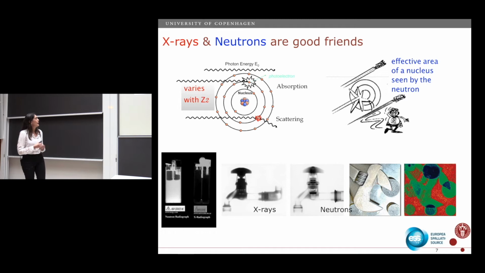So then, if we put that in an image, it means that if I do an X-ray radiography, what I am going to see better is the metallic part in all the systems that I'm showing you here. While when we have the neutron radiography, what we are going to see is the lighter elements, right? And the other thing that is quite interesting is that, for example, if I look with my naked eye at this picture here, I cannot really see that I have something hidden behind this metallic part that is here, because it's something in carbon and I have a different contrast.